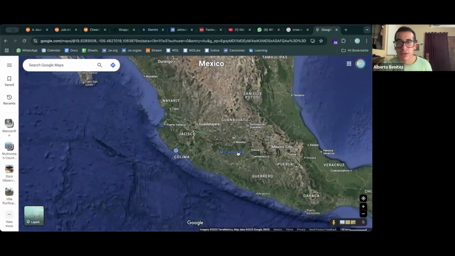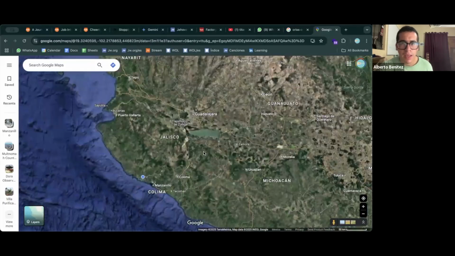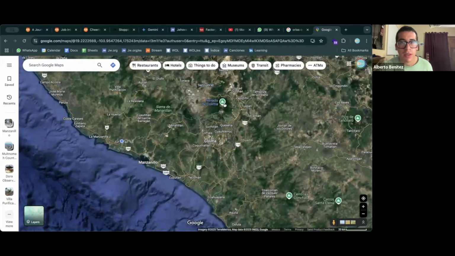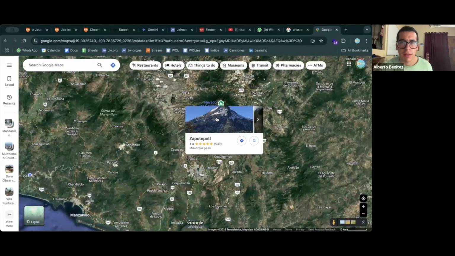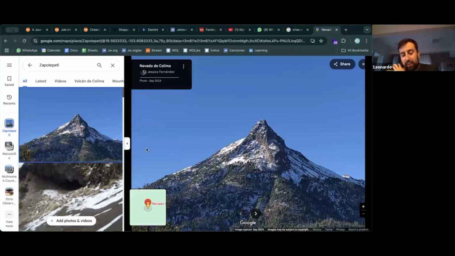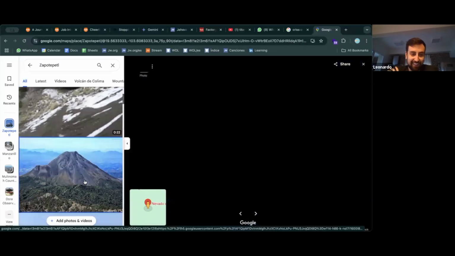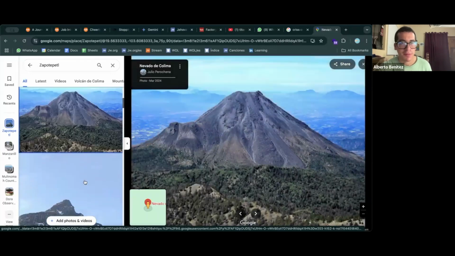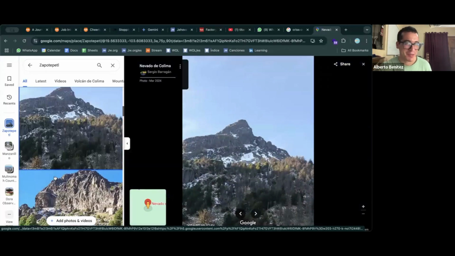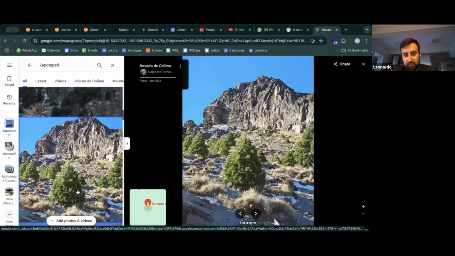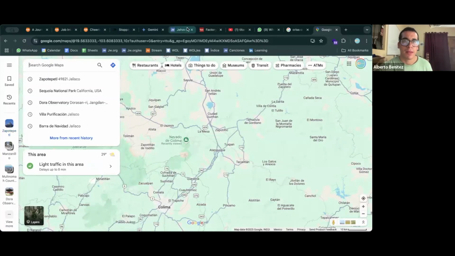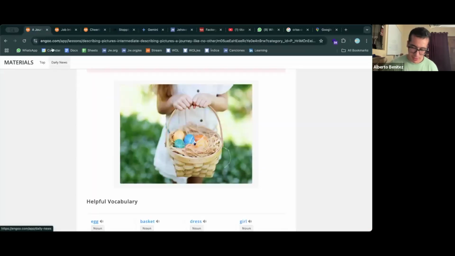Okay, right. So there is a mountain in Colima, or close to it, and it's called Nevado de Colima. It's the only place you can find snow, but it's hard to get up there. Yeah, I can imagine. Most of the time, it looks like this. So there is snow, but there's not a lot of it. Okay. Very good. That's nice to venture into that theme for a little bit.